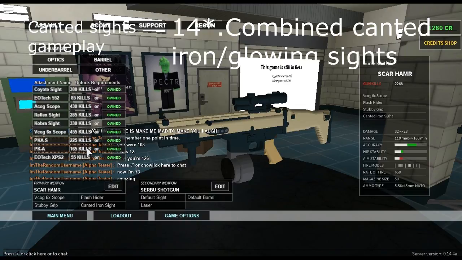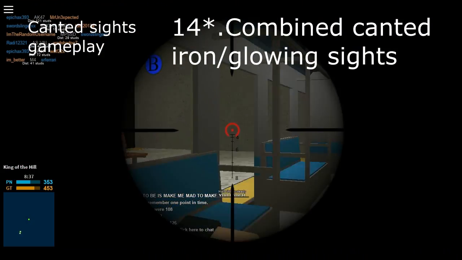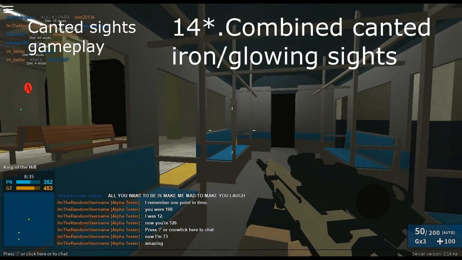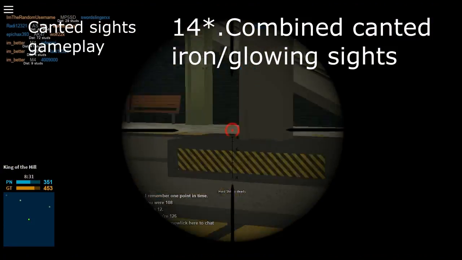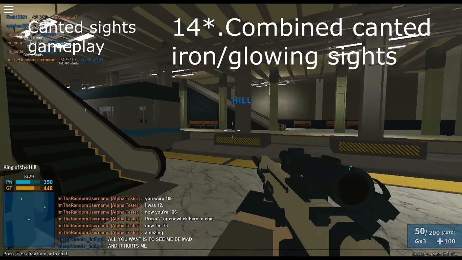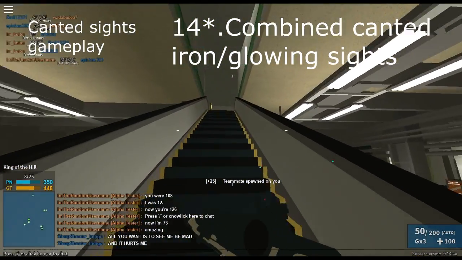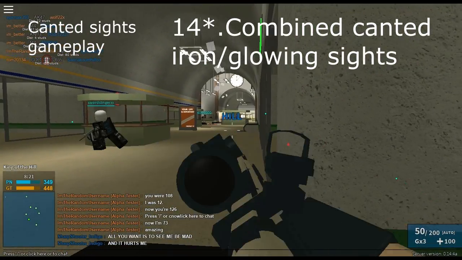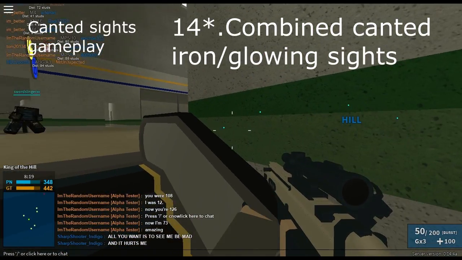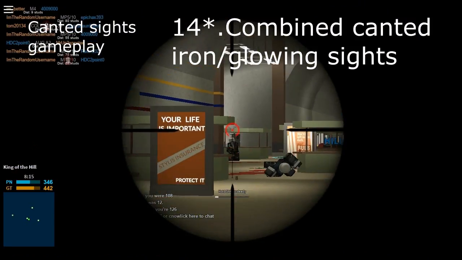Alright, and the last suggestion for this video, which is regarding pretty much something that's been in my game, and I feel like maybe should get into Unturned. If you don't like it, I understand, because it might sound stupid. Combined sights, or canted sights, basically. It's in another game I play on this channel, Phantom Forces. You can, for example, on a sniper, put a canted iron sight or a canted red dot sight, which is basically a sight that is close range next to the scope sight, which I feel like